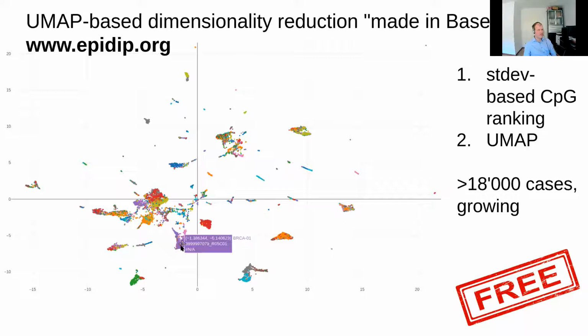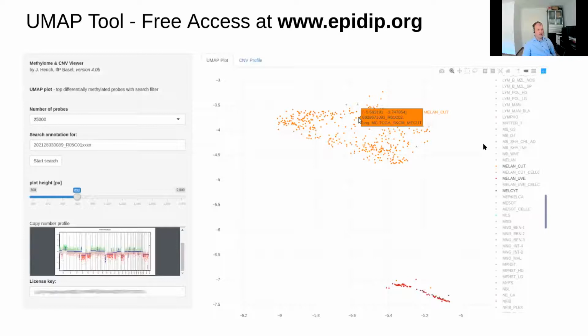For instance, here is a breast cancer cloud, and you could see where your particular case localizes. Everybody's allowed to upload cases anonymously to this system and check where they actually fall. So it could augment routine pathological diagnostics. You can also use it as a discovery tool. Of course, you can zoom into that plot. Here you see quite an astonishing example of